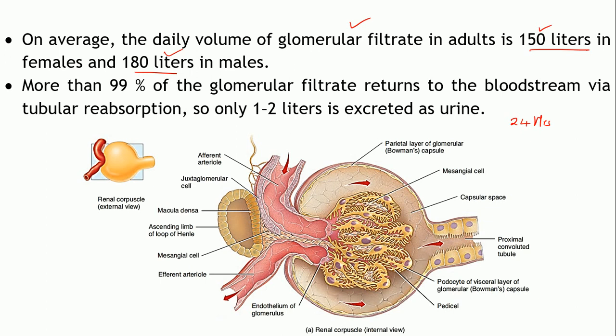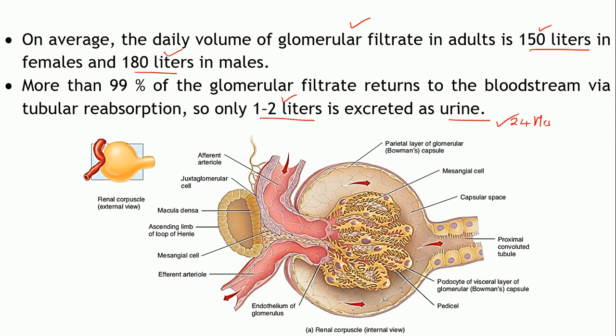But what is the amount of urine that is passed in 24 hours? How much urine is passed? It is roundabout only 1 to 2 liters. Though both the kidneys together are filtering the fluids in liters, 150, 180, that is quite a huge amount, right? But comparatively, what is the amount of urine which is formed? That is just 1 to 2 liters. Now, why is this happening? That's because whatever is filtered over here, the entire fluid will not get excreted out, right?